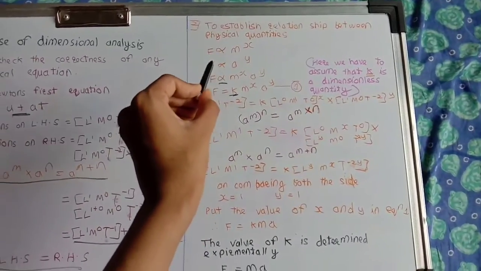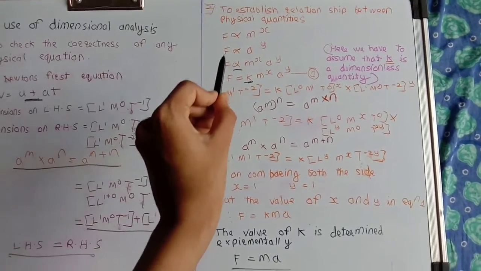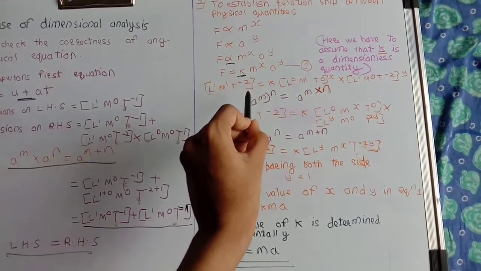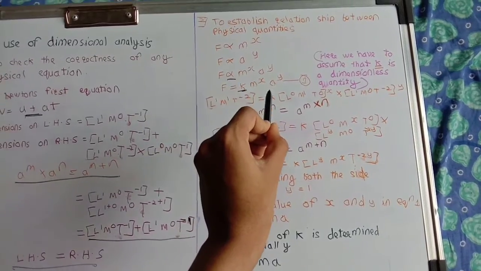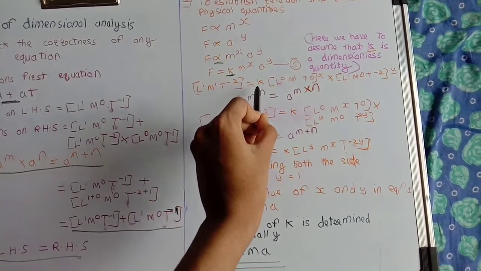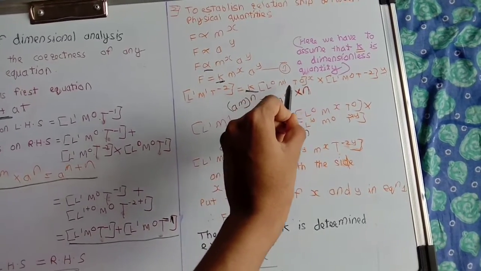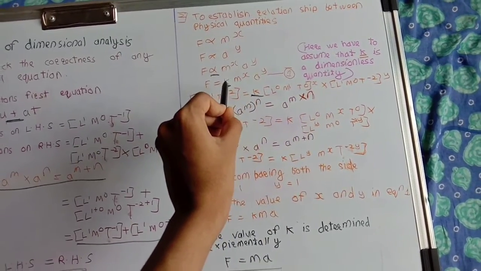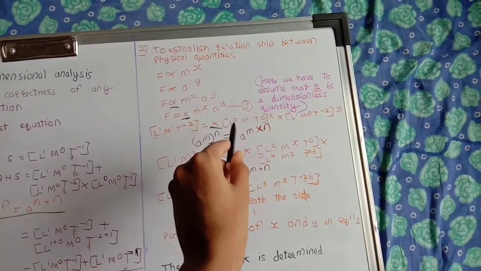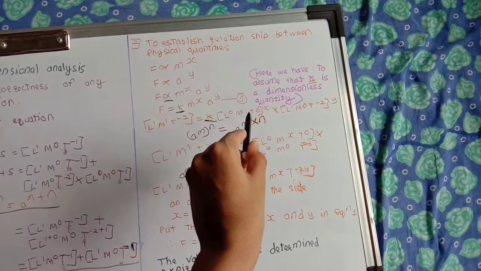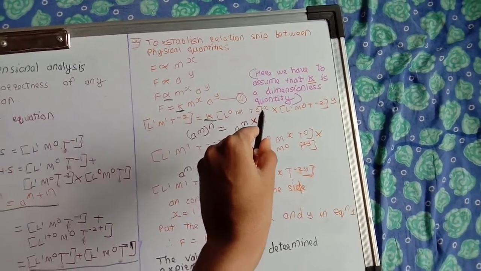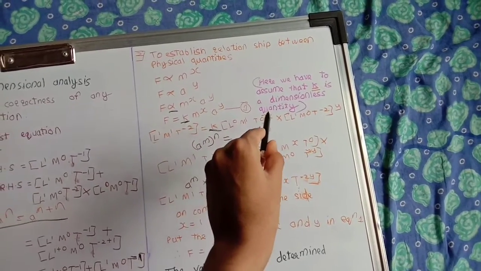So first we have to find the dimensions of F. So the dimension of F is this. Then, as k is a dimensionless property, we have to keep it as it is. Then we have to find the dimension of mass. As the unit of mass is kg, it is only M raised to 1, and L raised to 0 and T raised to 0,